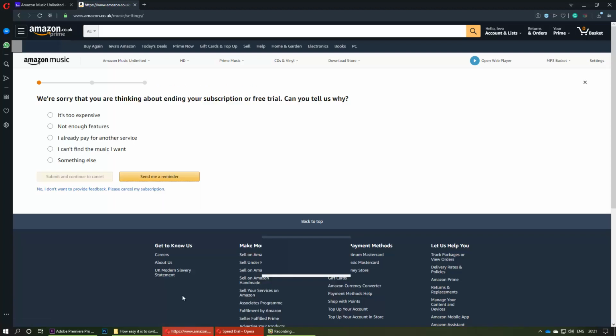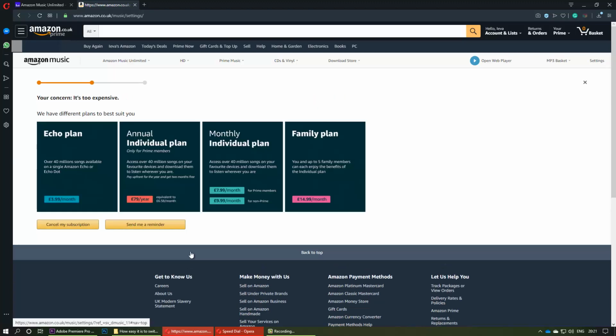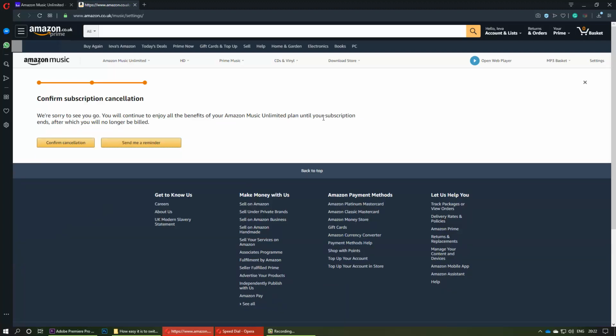So you click on cancel subscription, and it will ask you what's the reason for cancellation. You could always say something else, or you could say it's too expensive. Then you should say submit and continue to cancel. They give you more options, all the possible options that you could have to save you money according to your wishes. But none of these options is good for me, so I still say cancel my subscription